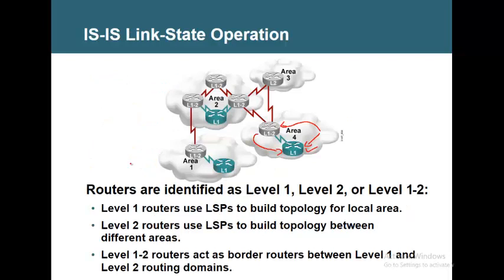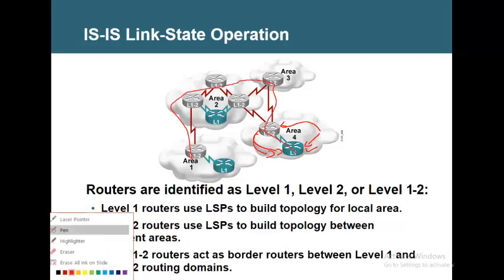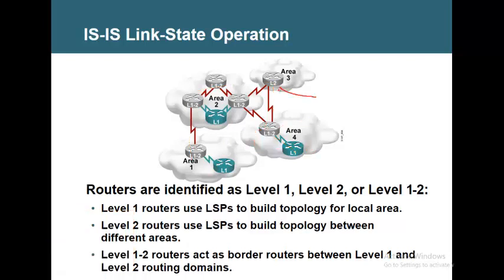You see, what I'm trying to say is you will have a default route given by your L1/L2 router. Using the default route, you can go to any area. Now, will there be a default route on the area 3 router? No, because it's L2, it'll have detailed routes to other areas, isn't it? Now, will I have a default route in this router? Yes. Will I have a default route on this router? No, this one will not have any default route.